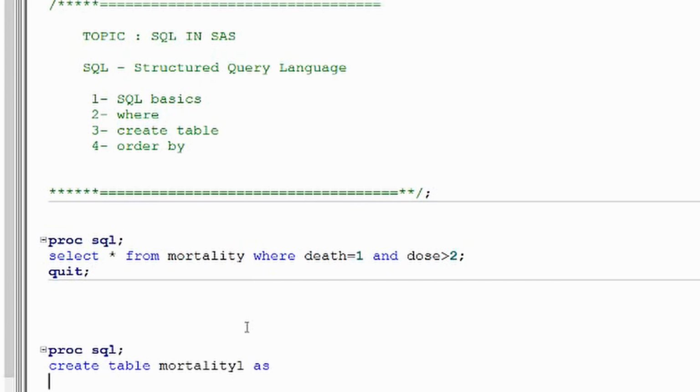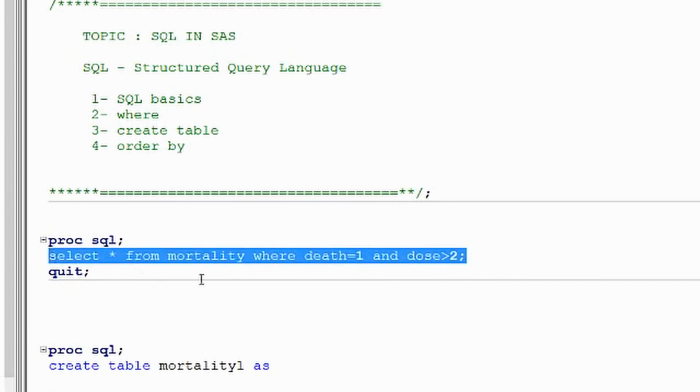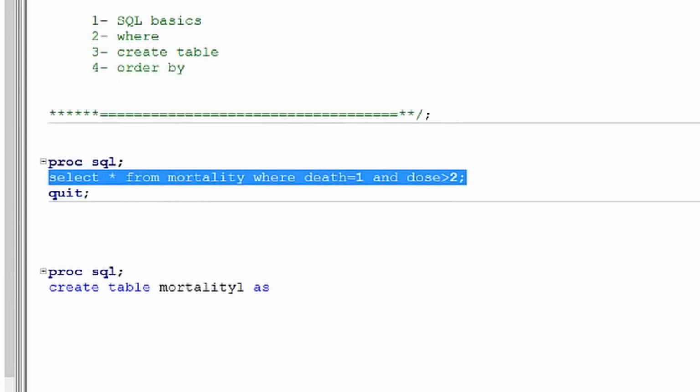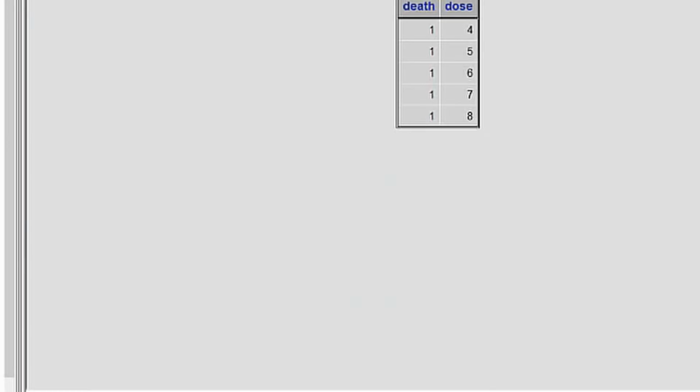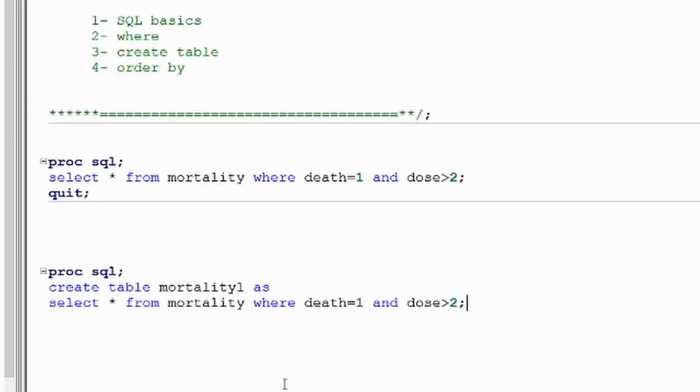It's a new table I'm creating based on this statement. I'll keep all the observations where the two conditions are met, death is 1 and dose is greater than 2. Whatever we have seen in the output window will be there in the new dataset. The name of the new dataset is mortality1. Quit.